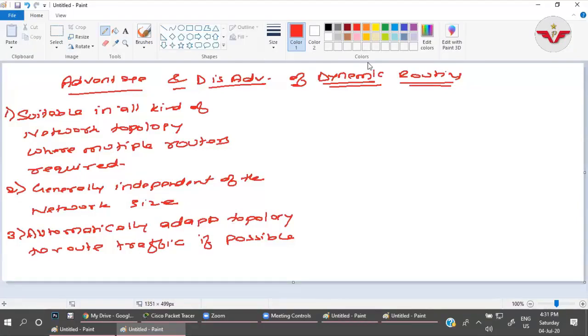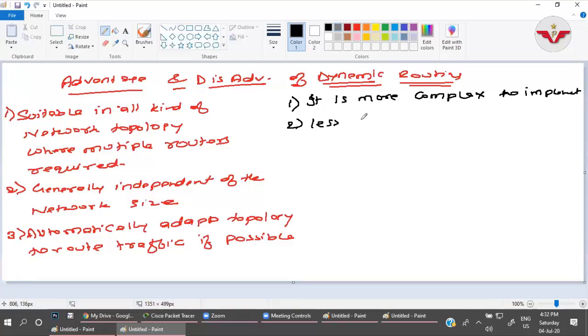Now what are the disadvantages of dynamic routing protocol? It is more complex, which you already said, it is more complex to implement. The second point is static routing was more secure; dynamic is less secure.